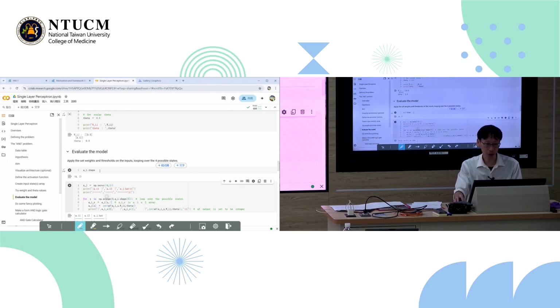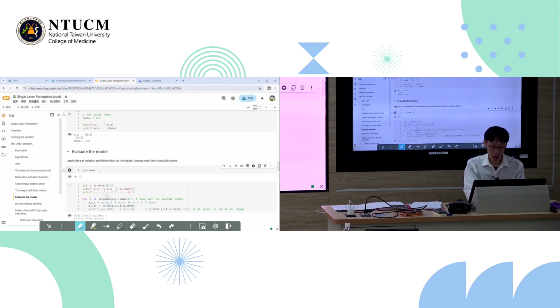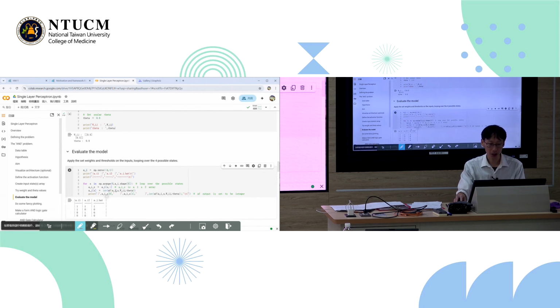I just want to loop over the number of states, okay? So then I choose AI.shape 0. If I do 1, okay, then the answer will be 2, the number of units, all right? But I will use AI.shape 0, which is the number of states. So I will loop over the possible states.